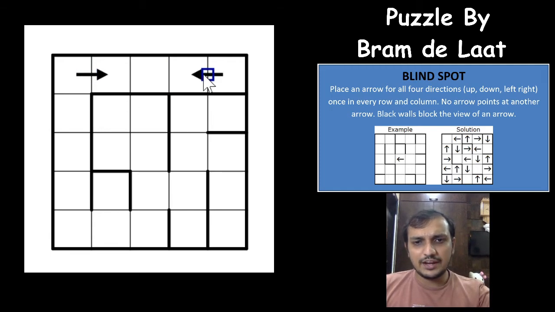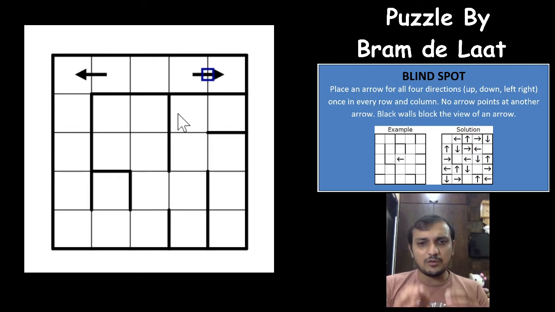And which means the right arrow would have to be in one of these 2 cells, sorry, and this would have to be the right arrow here, right? Up and down can be anywhere, but the left arrow will have to be in one of these two cells and the right arrow will have to be in one of these two cells. So if the left arrow is in the second cell, the right arrow would have to be in the last cell, because there will be only one cell that will be blank in each row and column. So you will have to place only 4 arrows, and you have 5 cells, n by n, right? 5 into 5, and which means that one cell will have to be blank in each row and column.